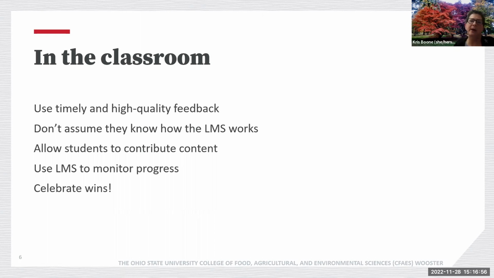Using any automation you have to monitor progress is a good way to measure what kind of engagement is going on. Or if you have counts like how many times they visit the library, or how many times they access tutors, those kinds of things can also be useful in monitoring progress. And the last thing I bring up is celebrating wins. Just because it's so important for them to keep going. And if we can celebrate a little win for them, maybe that's going to help them go down that path and persist.